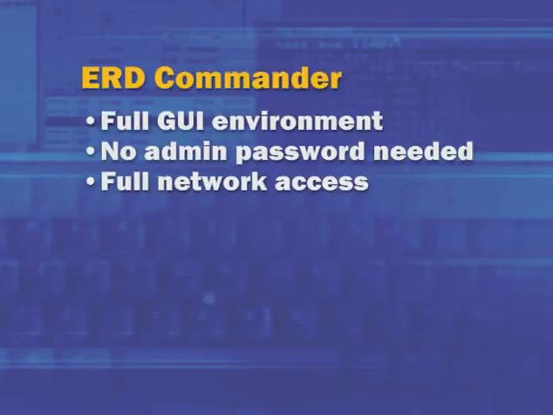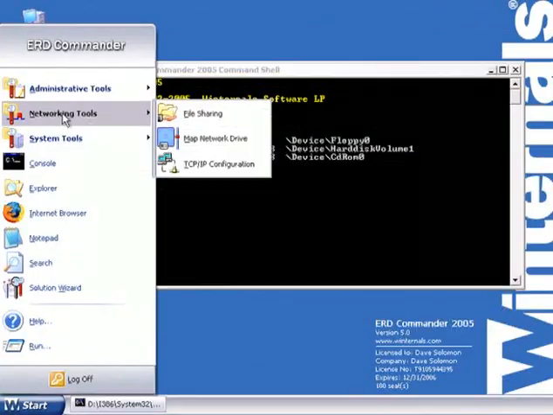So the network is actually active at this point? So the network is active at this point, and that's another key difference between this and the recovery console, is that networking is fully enabled. Not only that, if we go into networking tools, you can share the volumes of this system out to other systems. So for example, if you have a virus scanner that can work on remote file mapped drives, you would be able to do virus scans of this offline Windows installation through that facility.